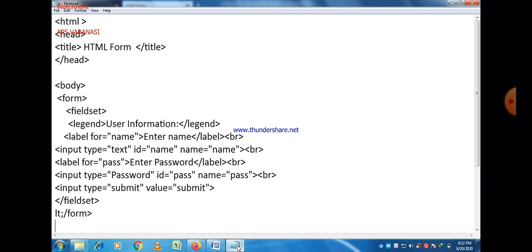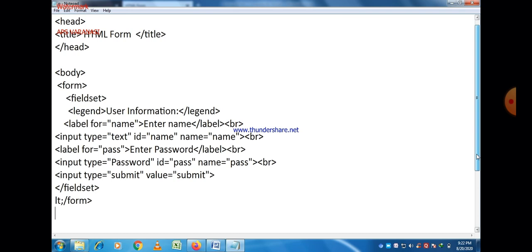So just use the proper arrow sign, which is the symbol of a tag. So just write the arrow in place of lt semicolon.